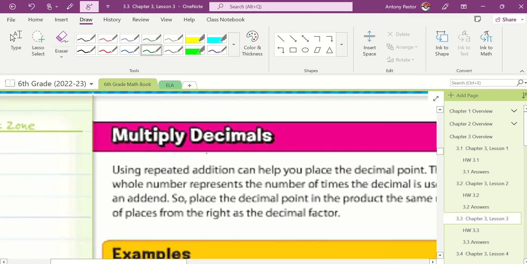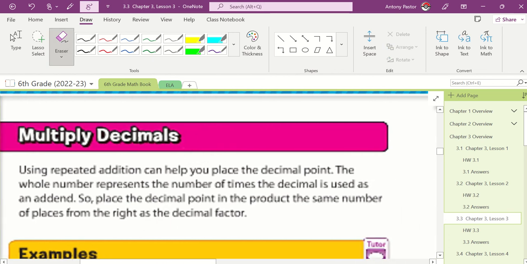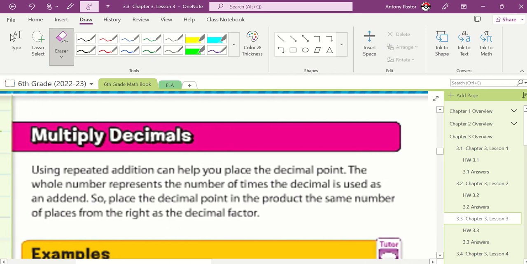Multiplying decimals. I'm going to go ahead and shift this over. Using repeating addition can help you place the decimal point. The whole number represents the number of times the decimal is used as an addend. So place the decimal point in the product the same number of places from the right as the decimal factor. In English, that means just line up the decimals and add it again if we're doing a